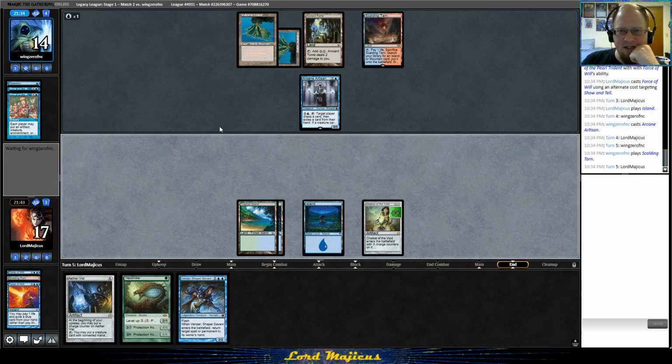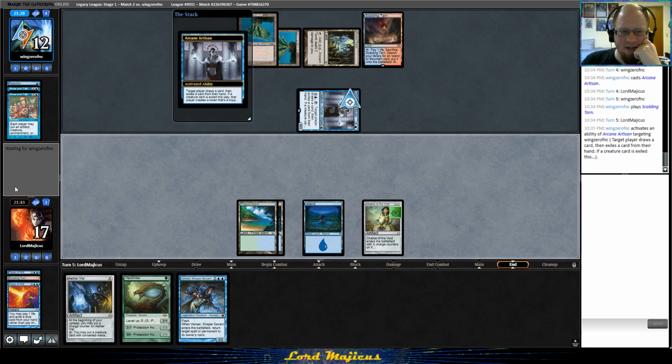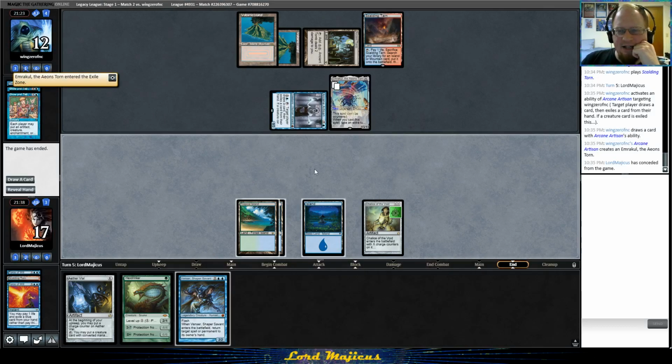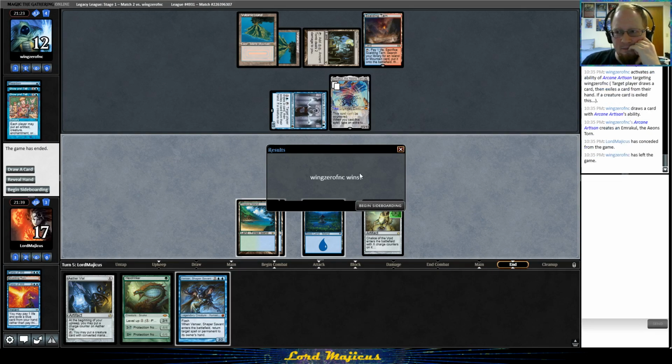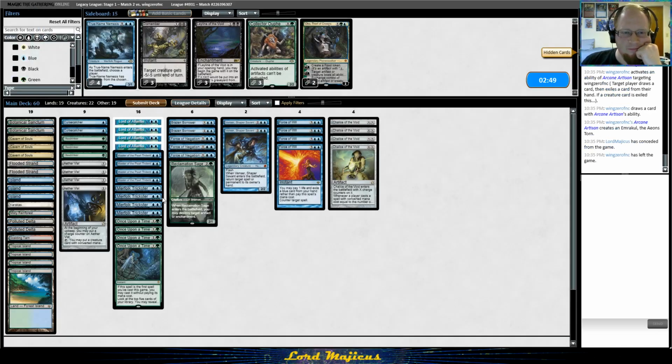So now they can do this. Yeah, just put in Emrakul. We just concede to that, basically. Alright, we're dead. That's enough to kill us. Yeah, no, they just had enough stuff that time, so...